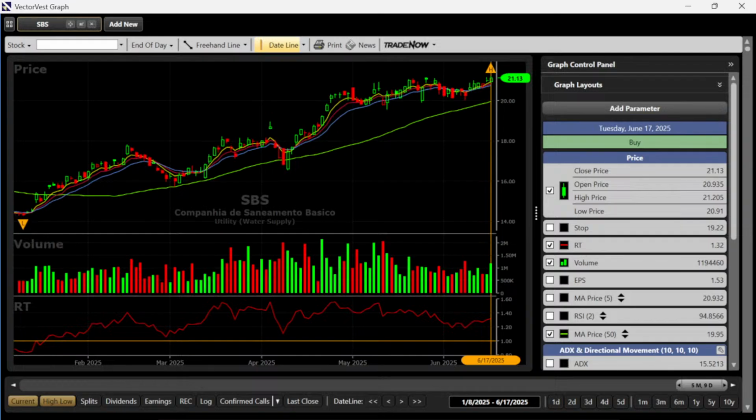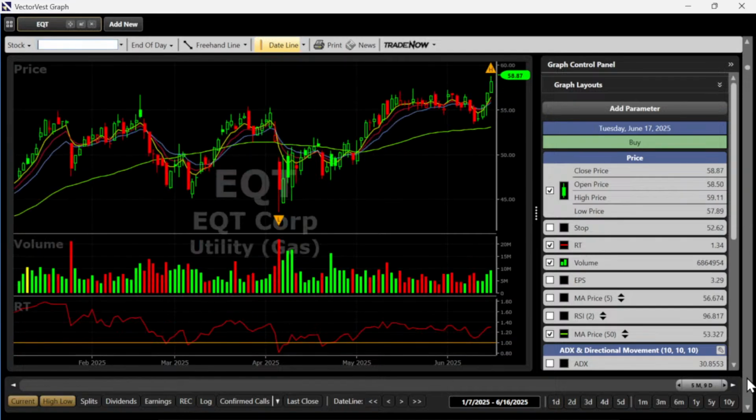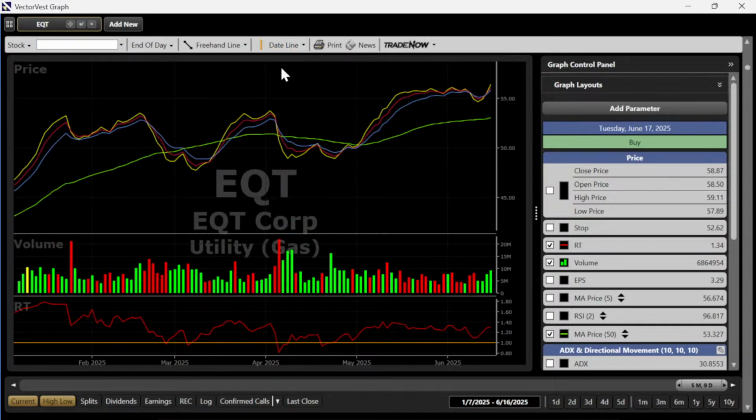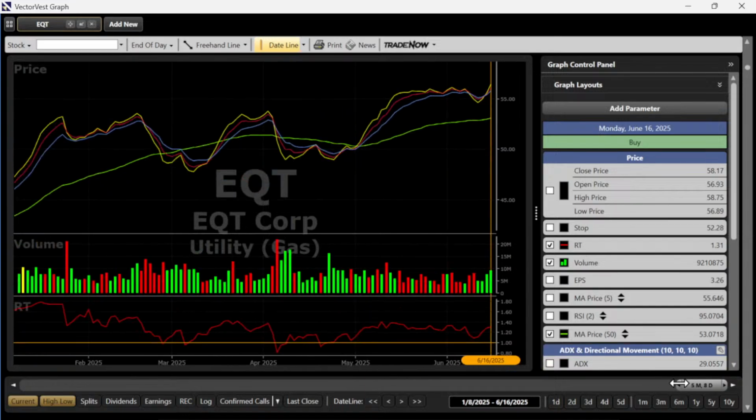Again, this is as of yesterday's close. All right, let me back up. Now, there's also a bit of cherry picking that's required here. It's not just blindly buy the top 10. You'll see what I mean in a second. This is a good one, EQT. As of yesterday's close, here was your squeeze right here. You see when all three are just sitting right on top of each other there, and then price continues to move higher. Good heavy volume is coming in, which is great.